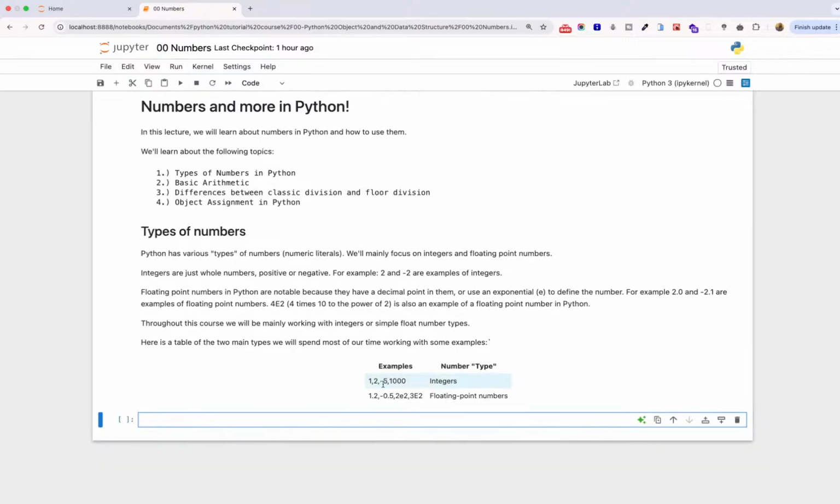All right, so you can see here that we have 1, 2, minus 5, 1000, right? Those are integers. And also you can see here that we have 1.2, minus 0.5, and 2 exponential 2, right? So that's 2 to the power of 10, like I mentioned here in the slide for you guys. And also we have floating point numbers. And this is what we're going to cover. So now that we've seen this, let's look at some basic arithmetic,